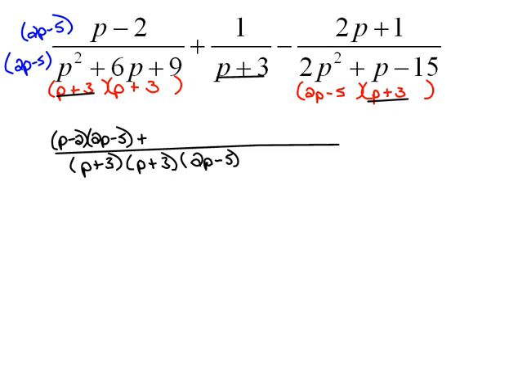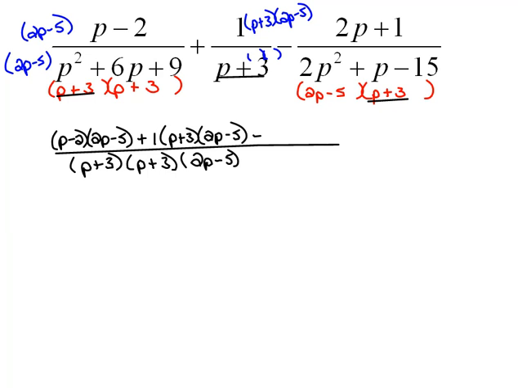plus. Now for our second fraction, we have to look at our denominator here, p plus 3, and figure out what do we have to multiply by to turn it into the common denominator. In this case, it would be p plus 3 and also the 2p minus 5. So since we would have to multiply by both those things on the bottom, we're going to have to multiply by both of those in the numerator also. So we would have 1 times p plus 3 times 2p minus 5